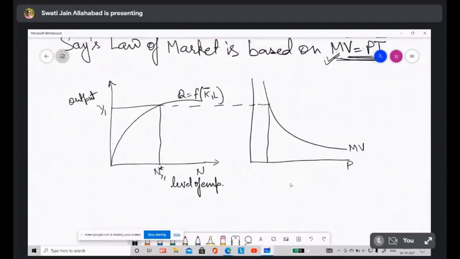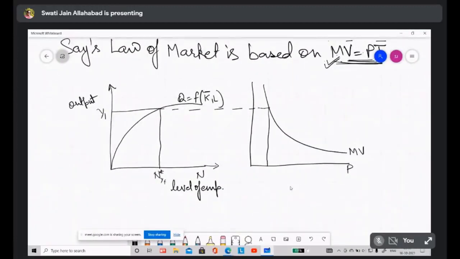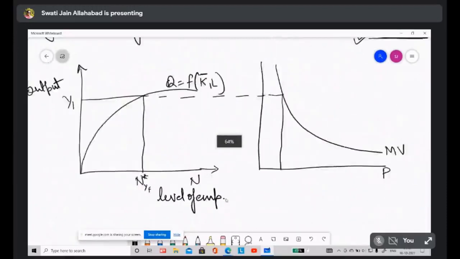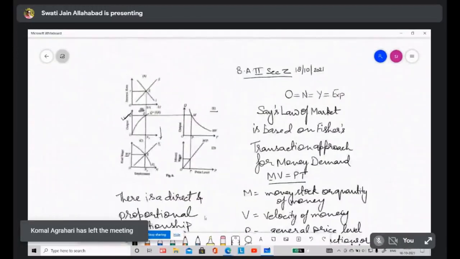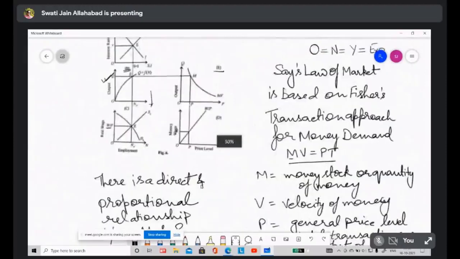So this is your Say's law. Okay. Now to complete the system, we have understood everything in parts. We have understood that in this classical system, labor demand and labor supply depends on the real wage rate. We have understood that there is a relationship between output and employment, and there is a relationship between savings and interest rate and investment